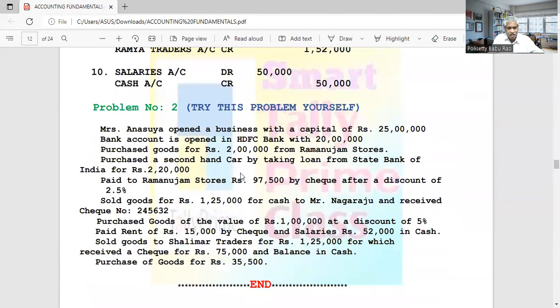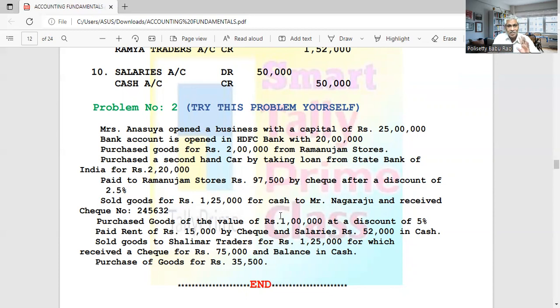What I will discuss already: in some cases, a little confusion will be there. Accept that, the others should be okay. So you take all the others, and the ones that are a little bit confusing, those solutions I will take up in the next class. Okay. This is the problem, and this problem also you take a screenshot or photo on the mobile and try. In this case there are 2-3 items.